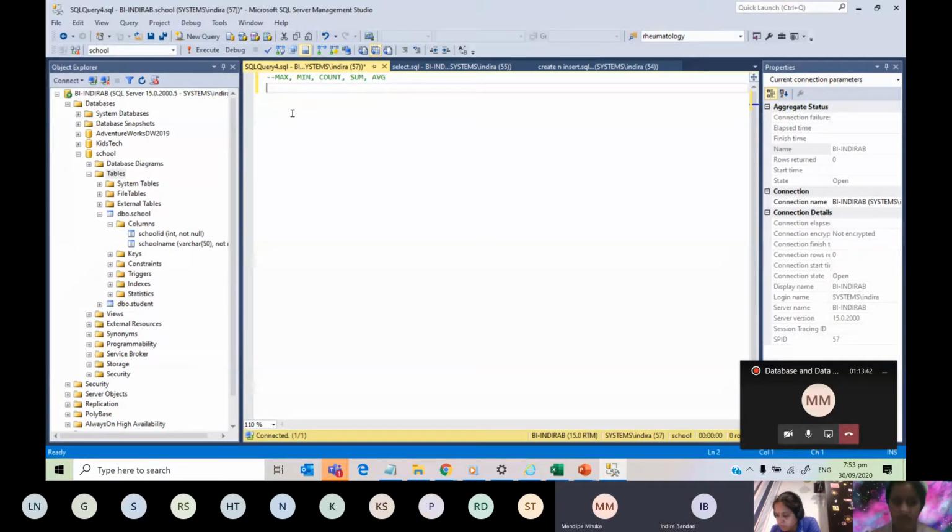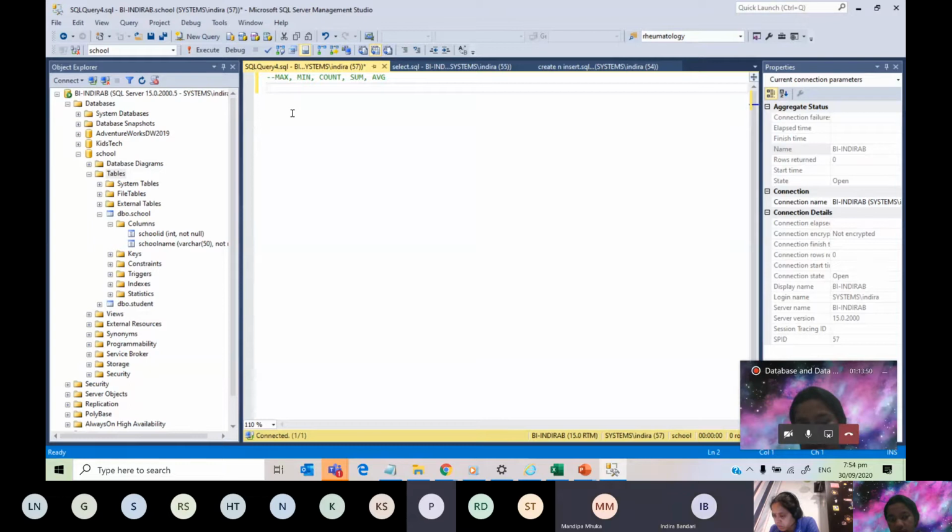Yes, very good. Count means counting, the number of records. Okay, as the name sounds, it's count. Sum, all the numbers added together. Yeah, added together. And AVG is average. Okay, so now you know what they mean, right?